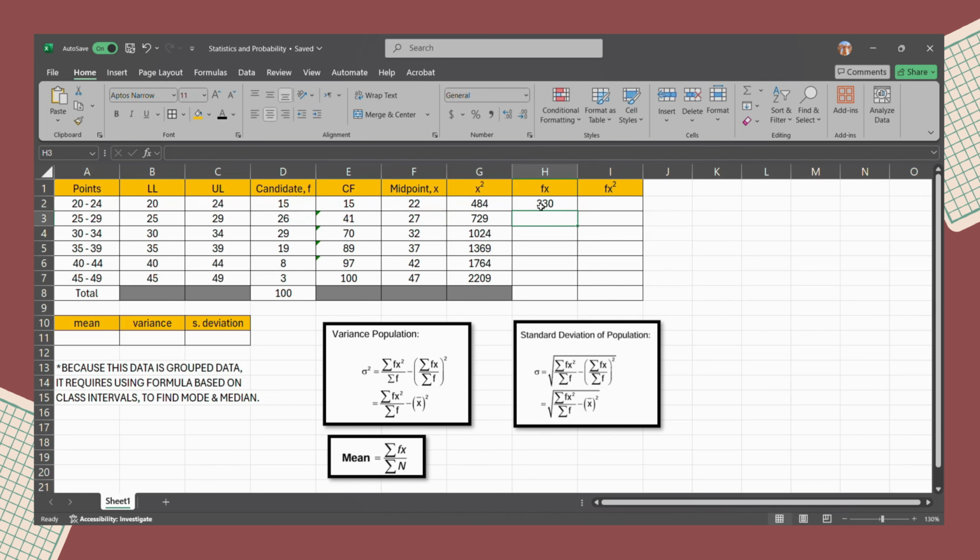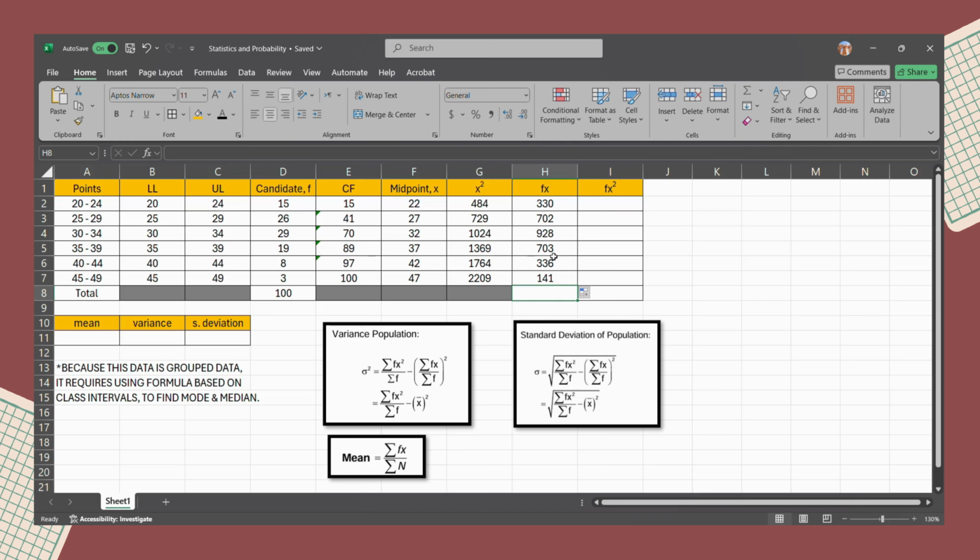So we got 330 for the fx, and we drag it, and we will get all of the fx.